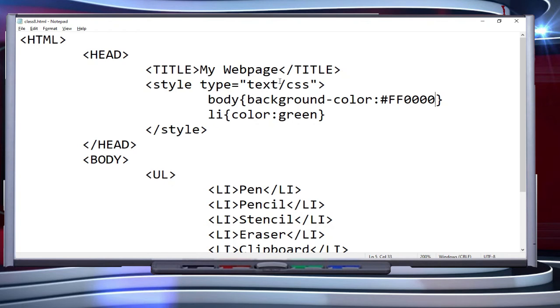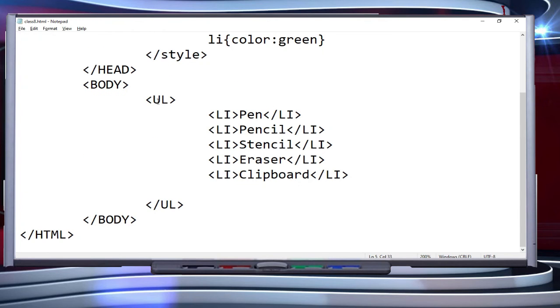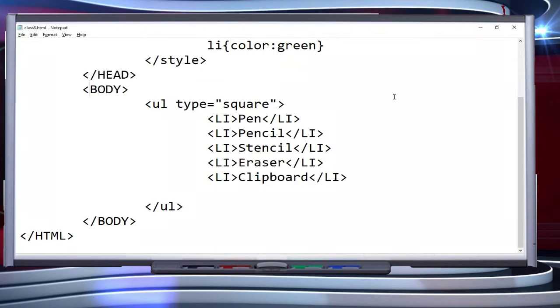Now let's proceed with another one. Instead of making this UL, I'm writing here type is equal to, and here I will be using another type, that is square. I'm saving it, back to code.